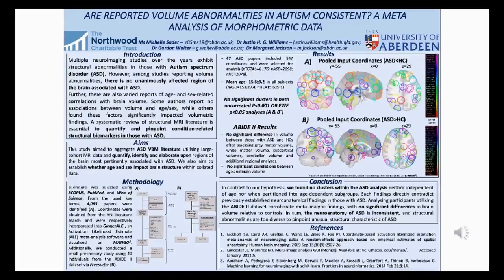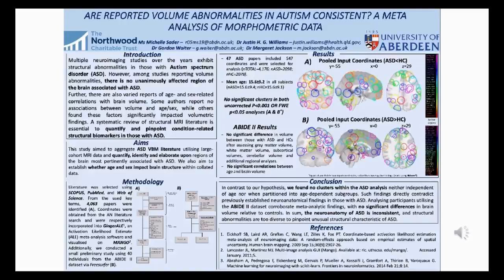A significant challenge in ASD research involves establishing standardized neural biomarkers associated with the condition. Multiple researchers have conducted imaging studies on those with ASD, but findings and associated regions vary significantly. Associations between ASD and age and sex are additionally called into question, and it's debated whether these factors impact volumetric